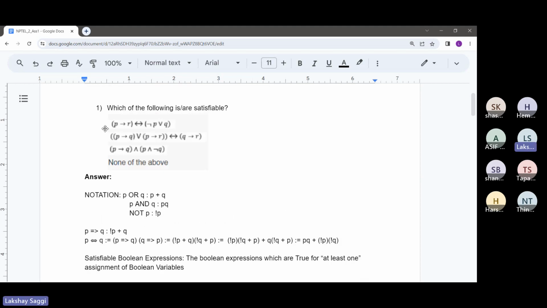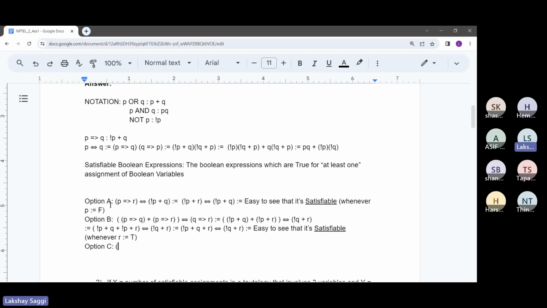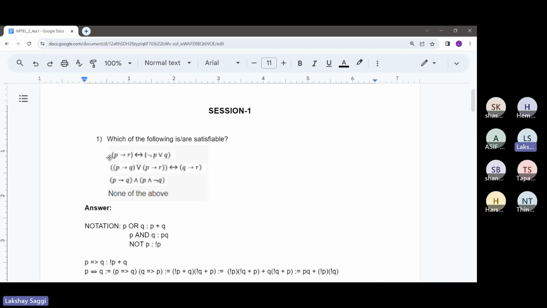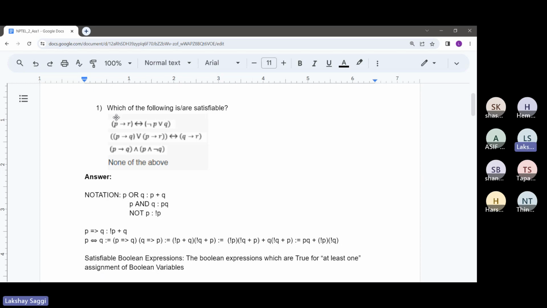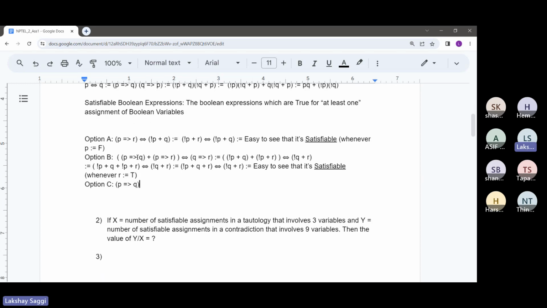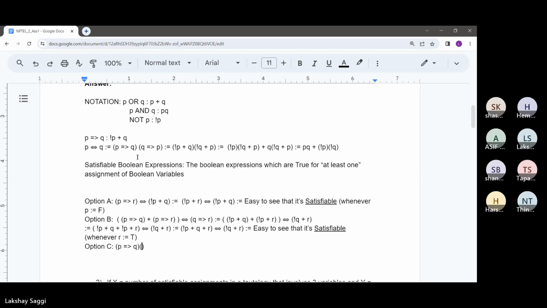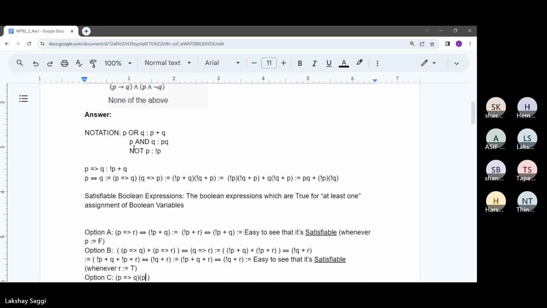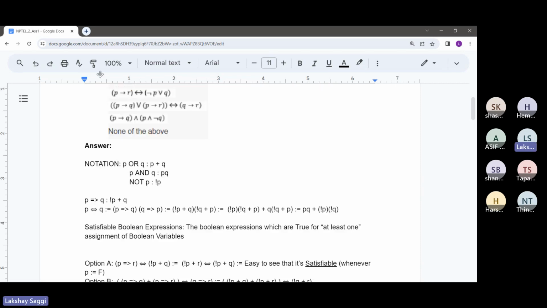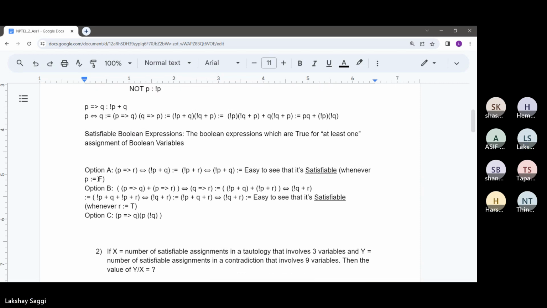Option C was the expression P implies Q and not P and P and not Q. I'll just write it down again myself. So this is P implies Q and not P and P and not Q. I'll replace AND by multiplication, not actually replacing it, but just by the notation. So this will be P times not Q, because P and not Q is nothing but P times not Q. This is the expression which is given in the problem statement.